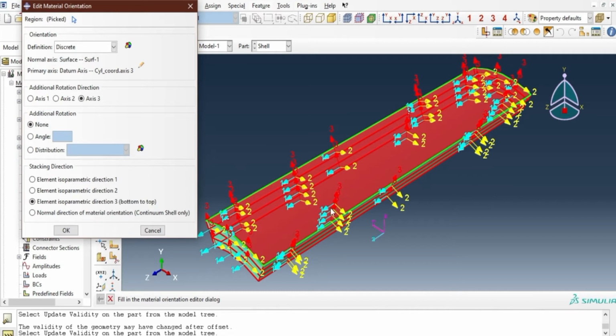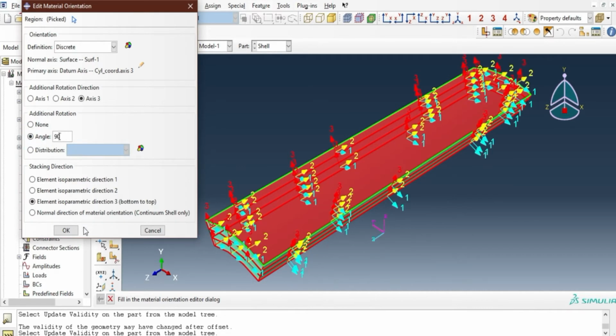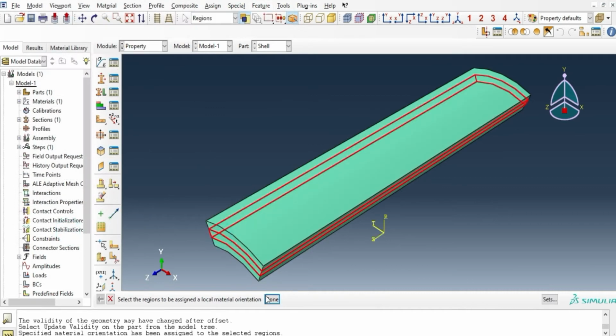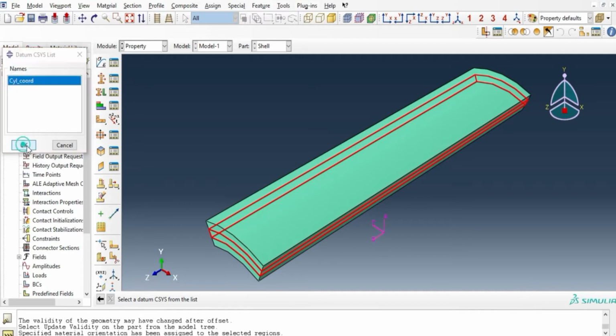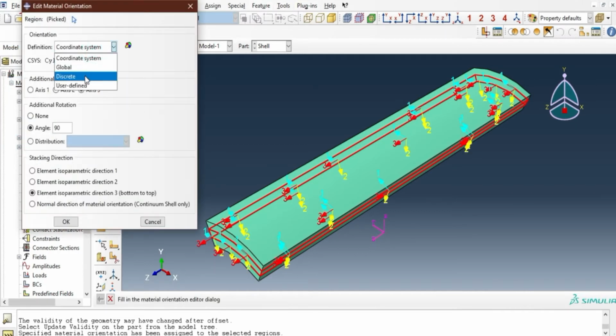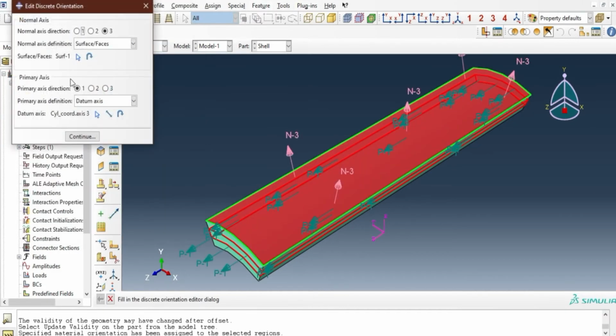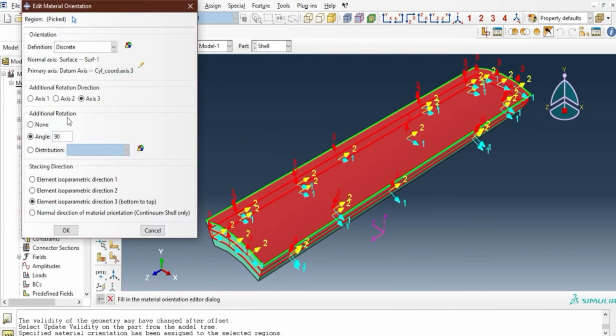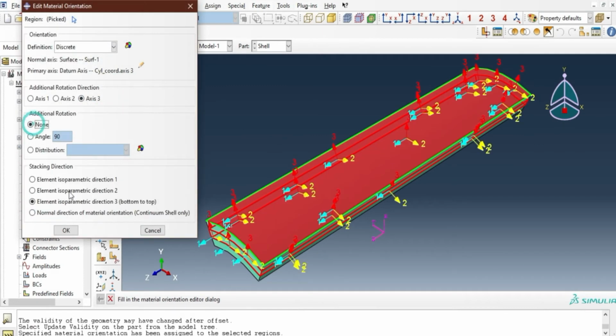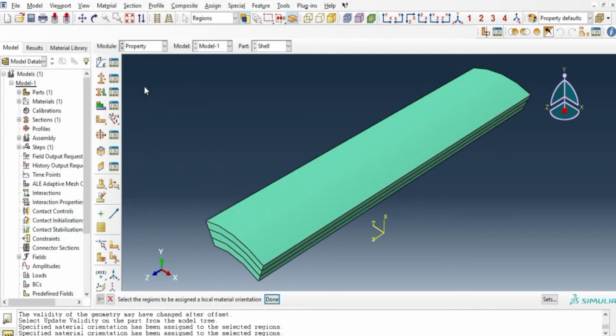And with respect to the third axis, we give a rotation of 90 degrees for the 90-degree ply. And similarly for the middle 0-degree ply, go for discrete, and the same normal and principal axes are set. However, this time no rotation is required.